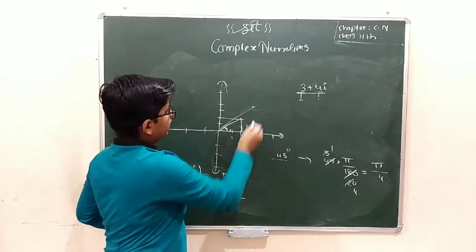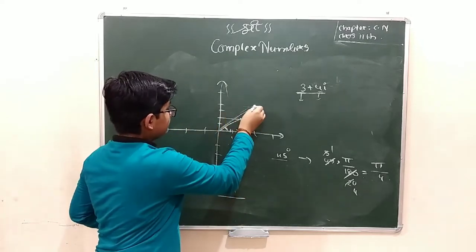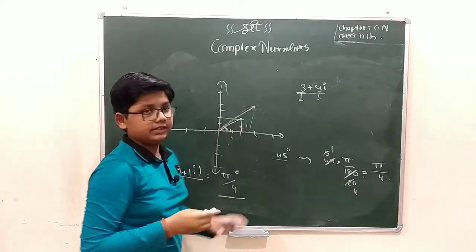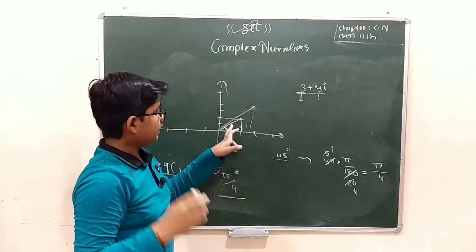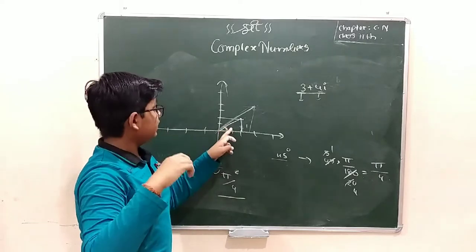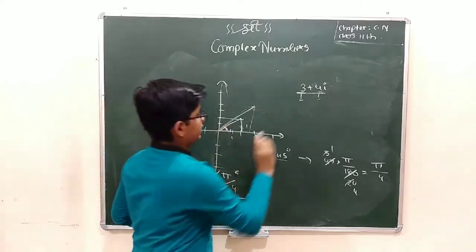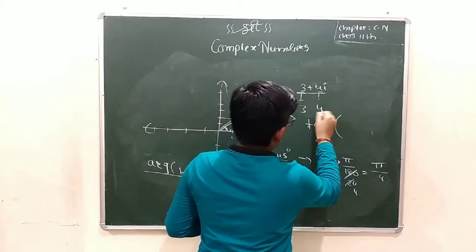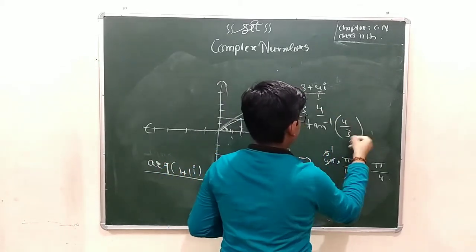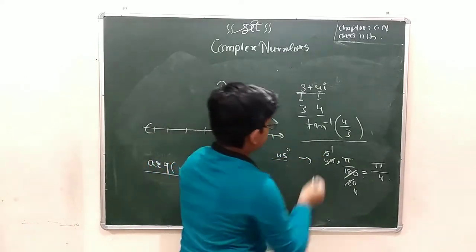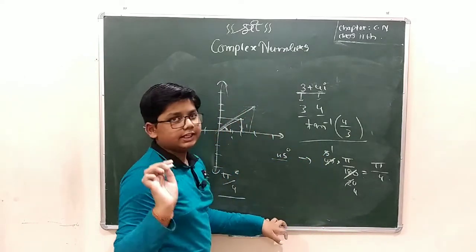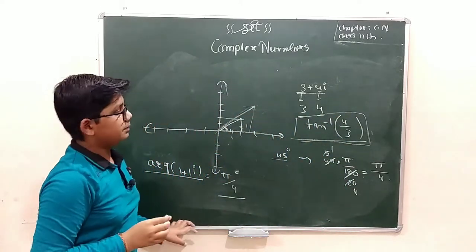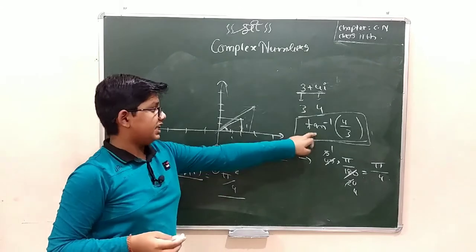Now if I represent or imagine this line like this, and then if I see the angle, we can see that it will be lying in the first quadrant. Then we have to take directly, this is 3, this is 4, and take tan inverse of it. So tan inverse of what is b by a? 4 by 3. Now we can find the value of tan inverse of 4 by 3, but let it be as it is. So the argument of 3 plus 4i will be equal to tan inverse of 4 by 3.